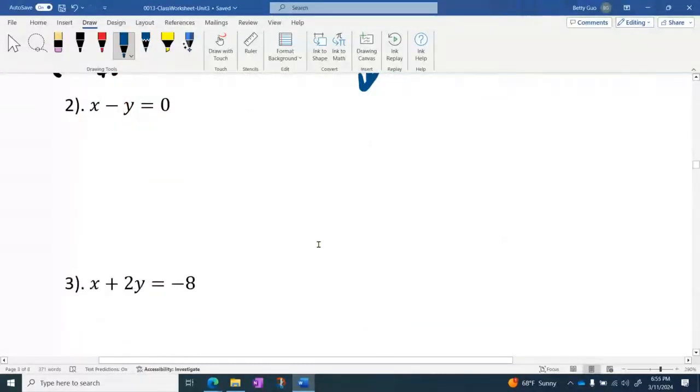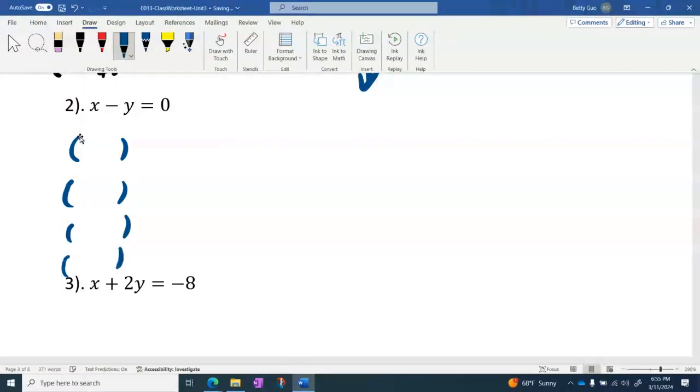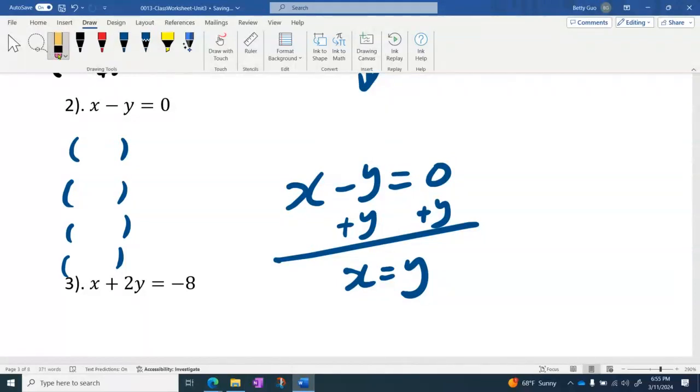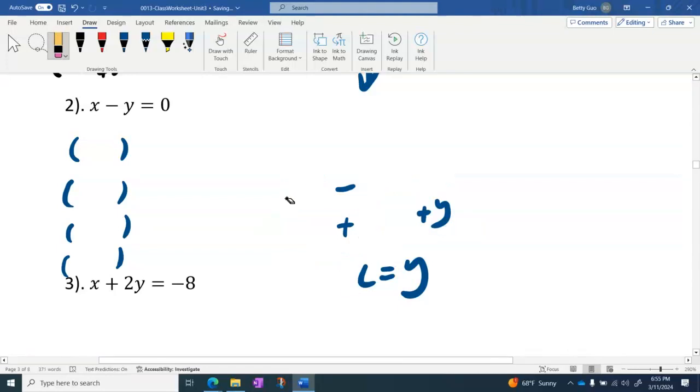Let's talk about this one. I want you to help me find some solutions for this equation, okay? This equation is easy to find a solution for because x minus y equals 0. If we add y to each side, we have x equals y. So that means if the ordered number pair has an x value and y value equal to each other, then the ordered number pair satisfies the equation, okay? For example,